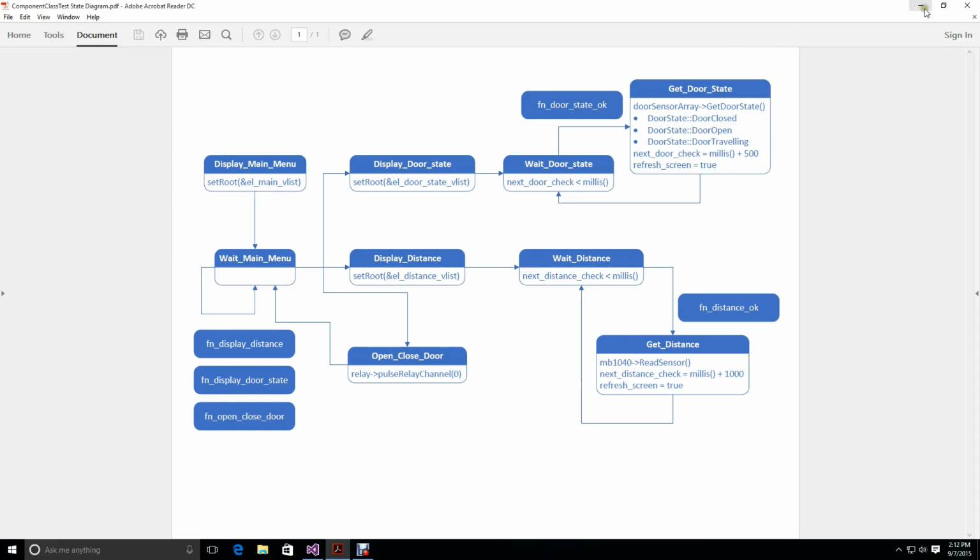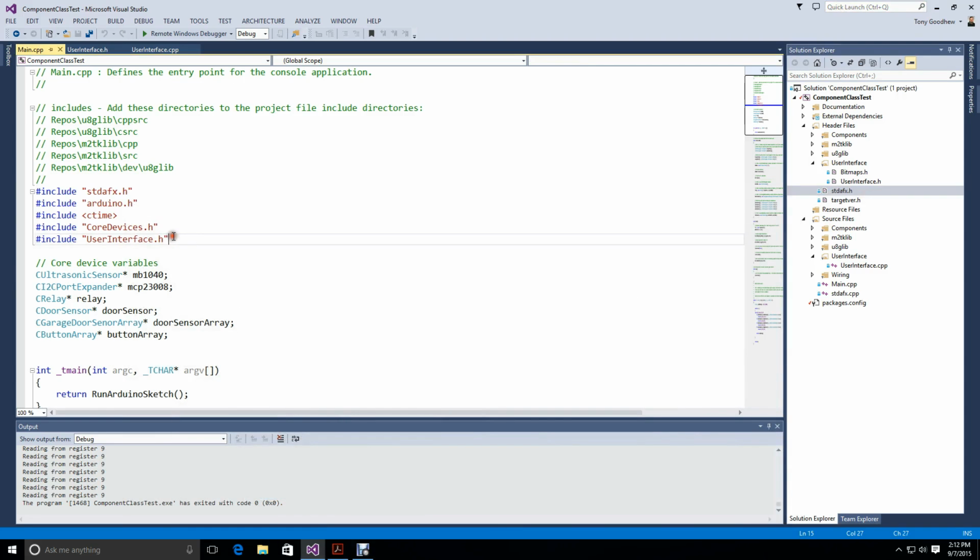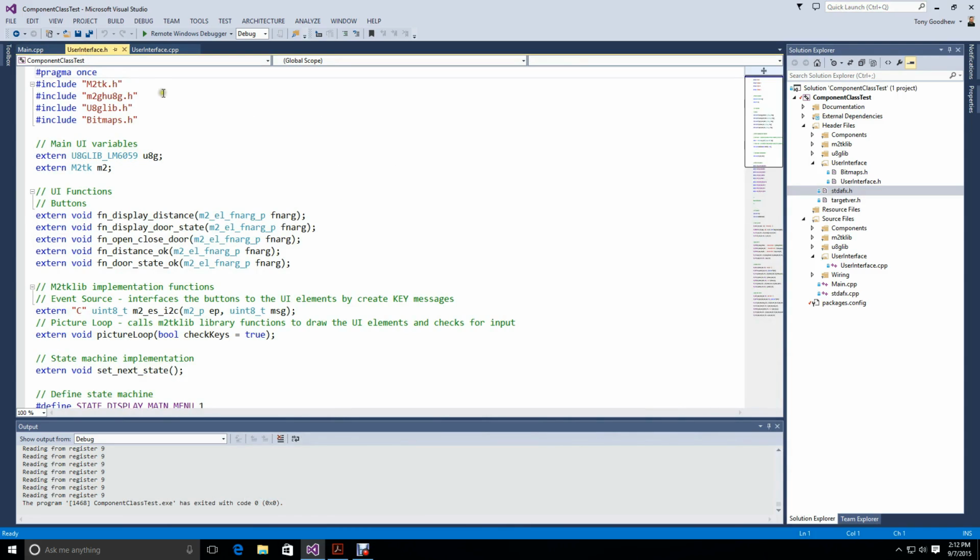So let's have a look at what that means in code. Back here in main, you can see that I include a user interface header file. This user interface header file is where I include all of the definitions and state required for me to run my user interface. The first thing I'm going to do is declare the UI functions that M2T Caleb will tie to the buttons. So when a button's pushed, it will go and call these individual functions as part of the